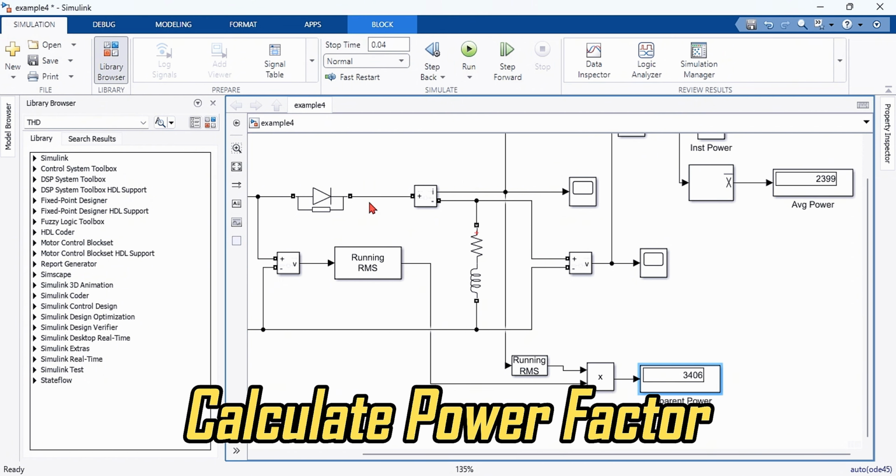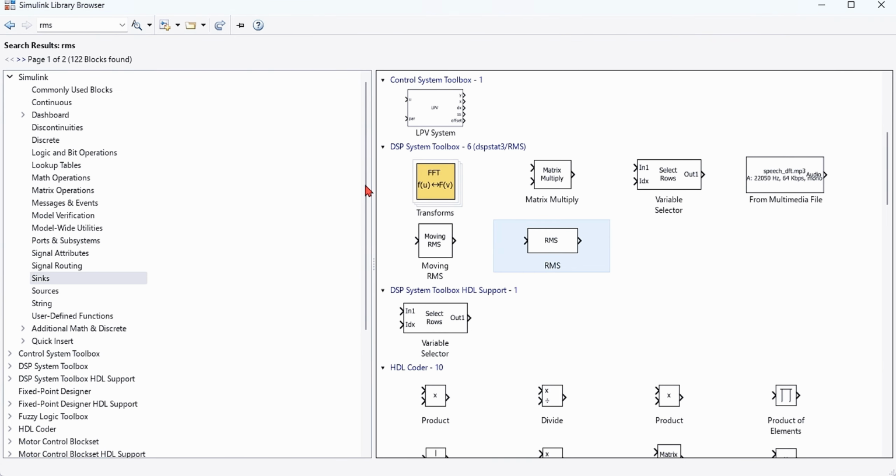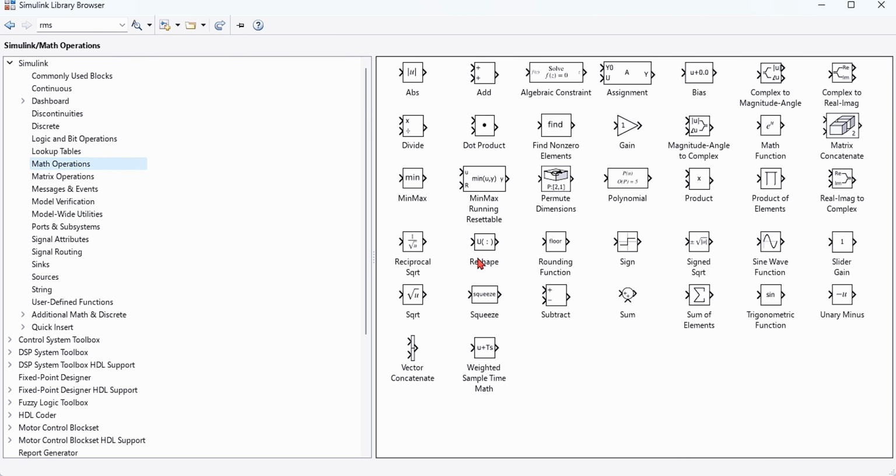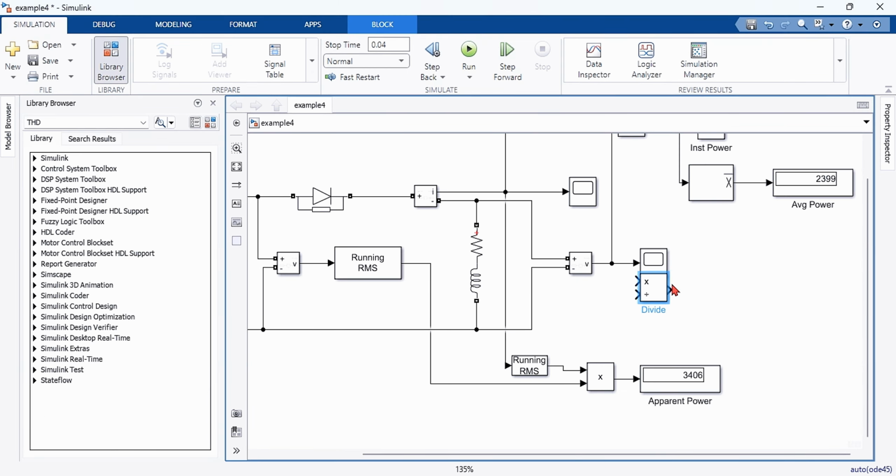Calculate power factor. Now we will calculate the power factor of the circuit. Bring a divide block. The power factor is equal to the average power divided by the apparent power. Make the required connections